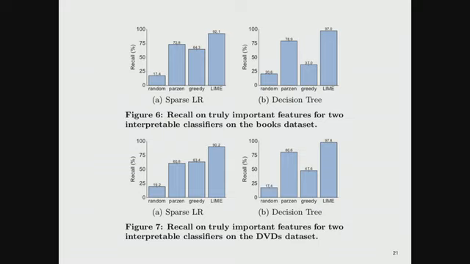But in any case, what this graph is showing is that of the features that they decided were important in each of these cases, they're recovering, so their recall is up around 90+%. So in fact, the algorithm is identifying the right cases to give you a broad coverage across all the important features that matter in classifying these cases.